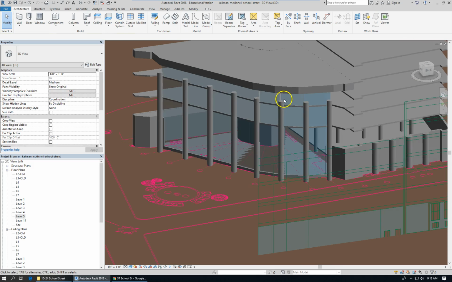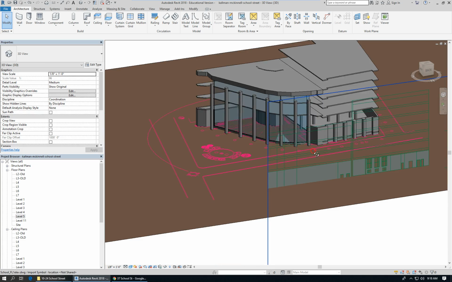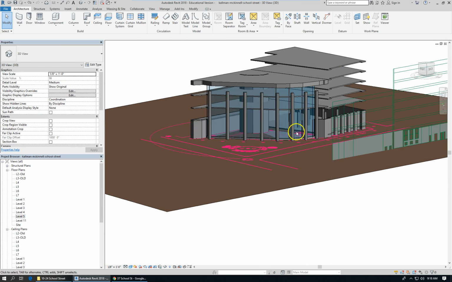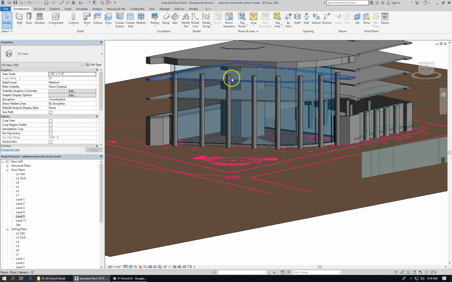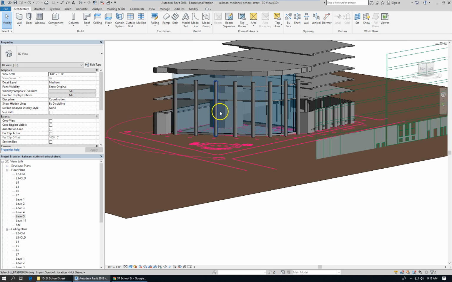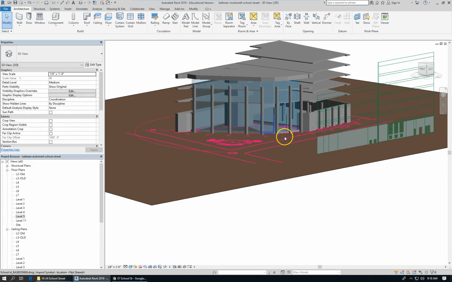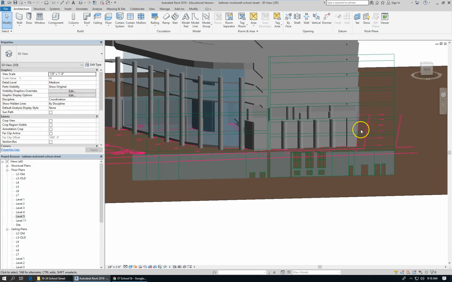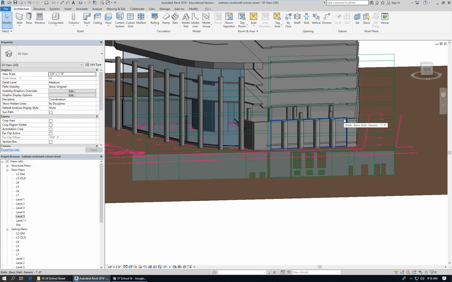And then once we get the beams in place, which are these massive beams that sit on top of this and hold up this structure, we can place them at their respective levels. As far as the exterior walls for the rest of the building,